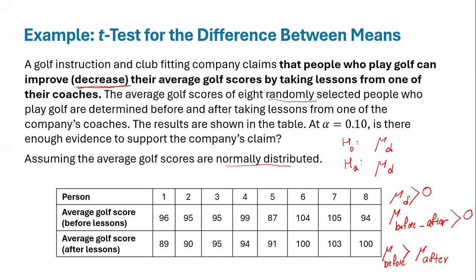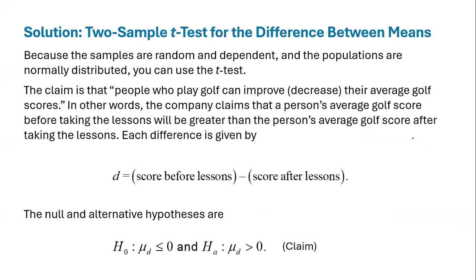That's the claim. Where do we put greater than 0? On the alternative, because there is no equal sign. So that's the claim. And if the alternative is greater than 0, it means the null is less than or equal to 0. After writing the null and alternative hypotheses, now we need to